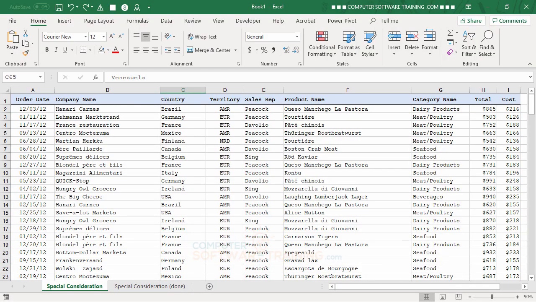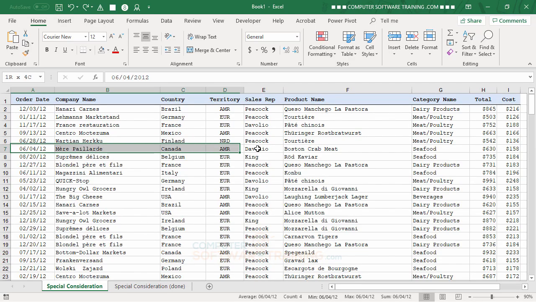Okay, so let's say that you work a lot with the database list feature of Excel. That's where maybe you download accounting information or other database information from other programs into a worksheet, and then you do whatever you do with it, sort it, filter it, that type of thing. And let's say that one of the things that you like to do with your data is to select the